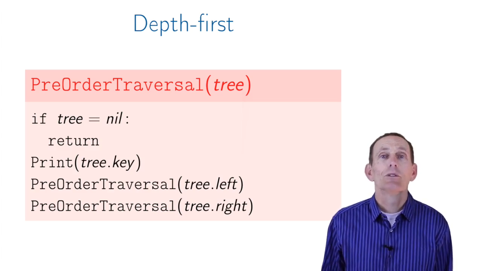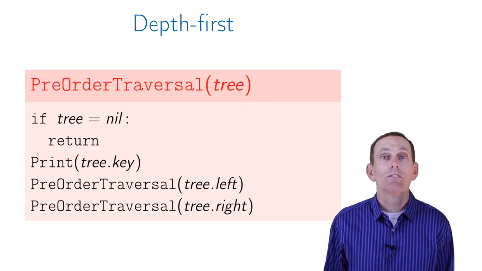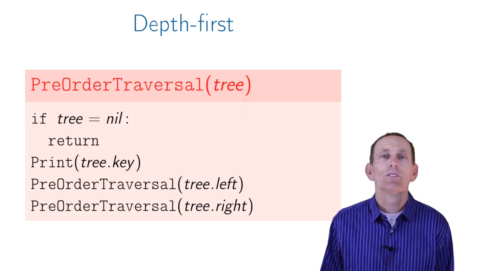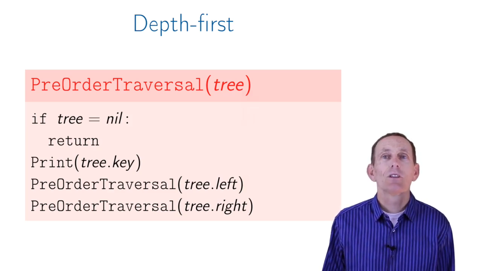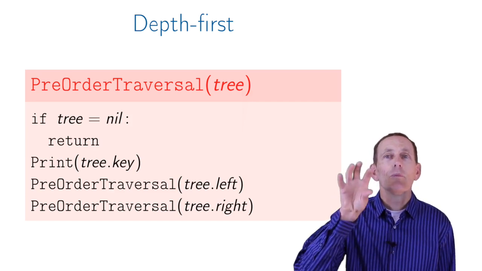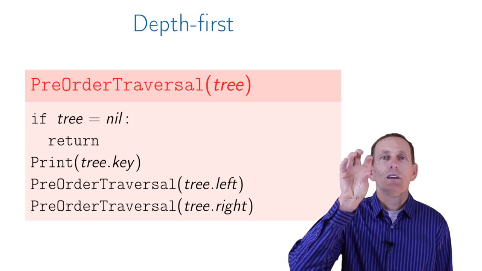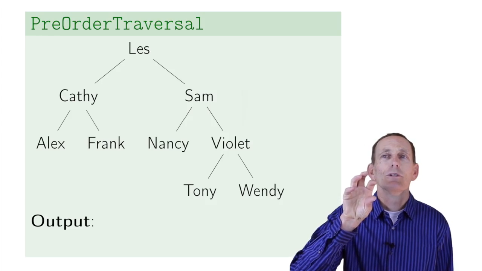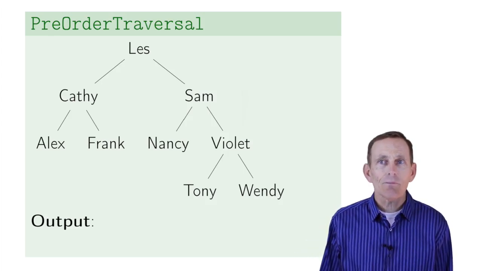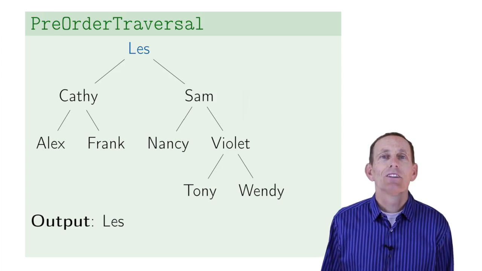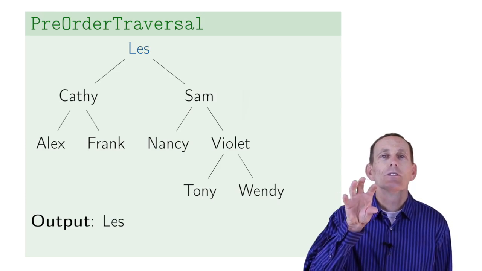However, these next two, the pre-order and post-order traversal, are well defined, not just for binary trees, but for trees with an arbitrary number of children. So here the pre-order traversal says, we're going to go ahead, first if it's nil, we return. We print the key first, that is, we visit the node itself and then its children. So we're going to, in this case, go ahead and go to the Les tree and then print out its key and then go to its children. So we're going to first go to its